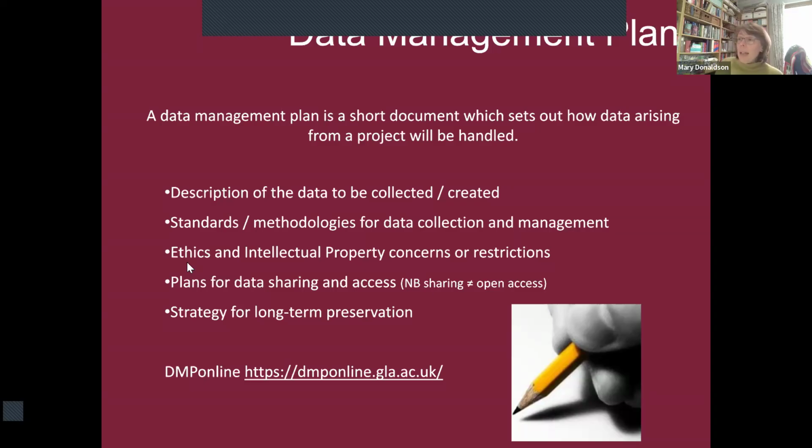You will be asked about any ethics or intellectual property concerns or restrictions regarding the work you're going to do and how you plan on addressing these. And you will also be asked about your plans for data sharing and access in the longer term. So this is after the project's ended, what will happen with that data, who will have access to it, and